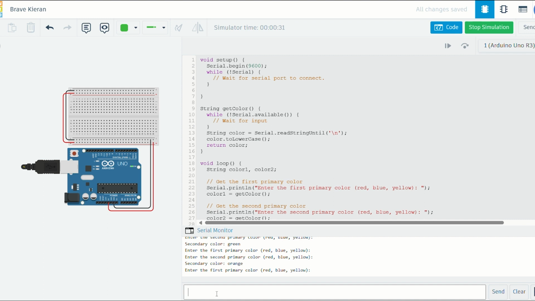So let's say purple, and then let's say another purple. So here we can see the error message: invalid input. Please enter valid primary colors. So that concludes the code or the program for problem 2.